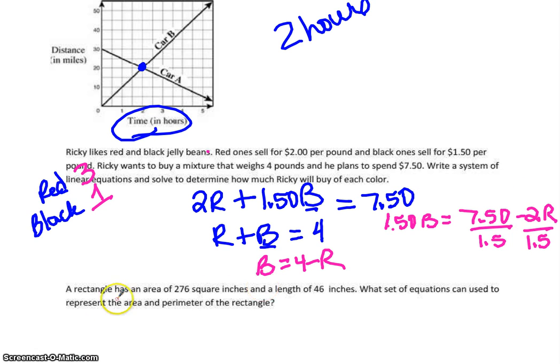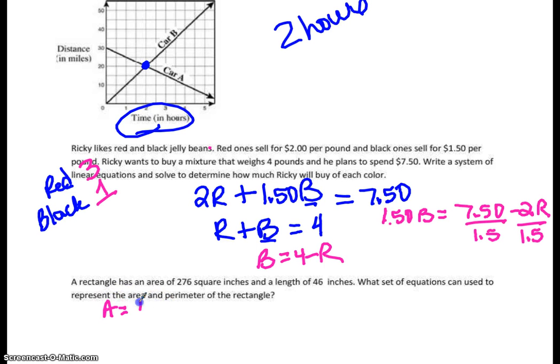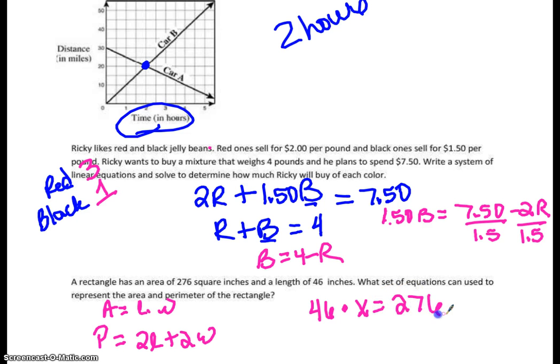All right, a rectangle has an area of 276 square inches and a length of 46 inches. What set of equations can be used to represent the area and the perimeter? Well, area is equal to length times width, and perimeter is going to be 2 length plus 2 width. So we have 46 times x is equal to your area, which is 276. We have 2 times 46